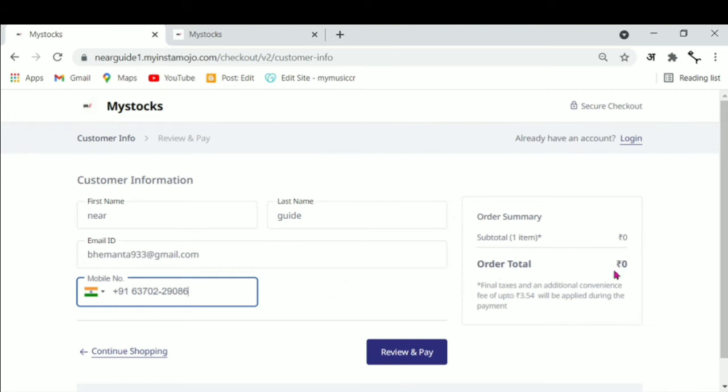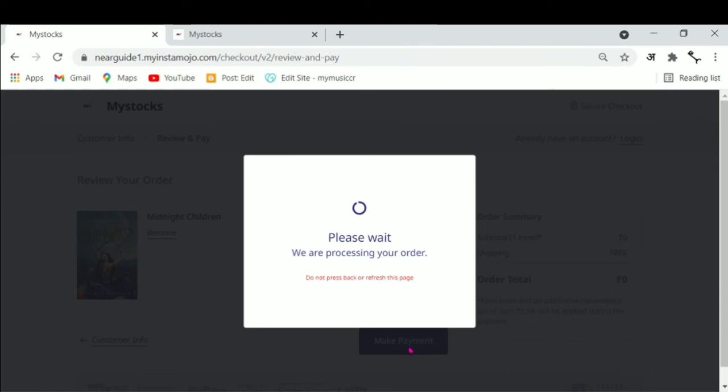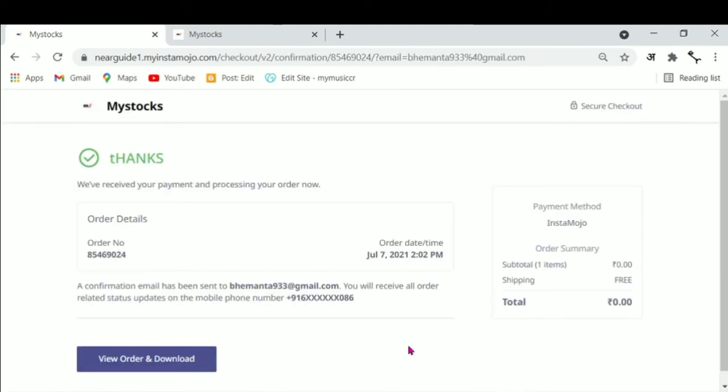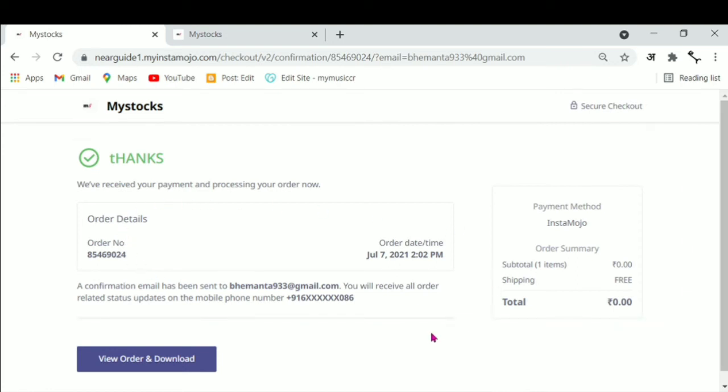This is 0. Then click here review and pay, then make payment. This is free, so there is no required any payment. Now you complete the buy.